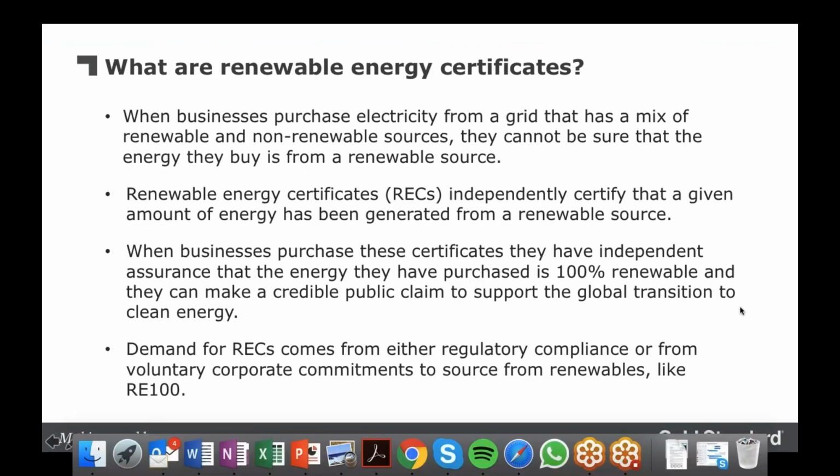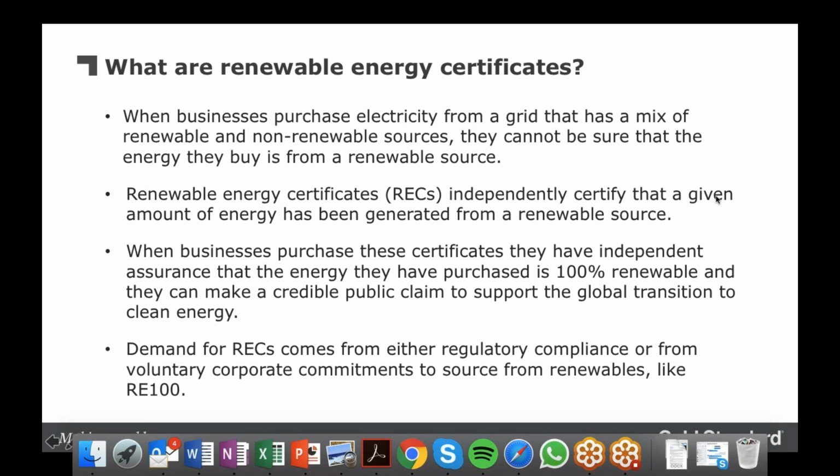For those of you that are not familiar with what renewable energy certificates are, these are credits that independently certify that a given amount of energy has been generated from a renewable source. And this is mostly for businesses and organizations that buy electricity from the grid that comes from a mix of renewable, fossil fuel and nuclear power, so they cannot be sure where the exact energy is coming from.